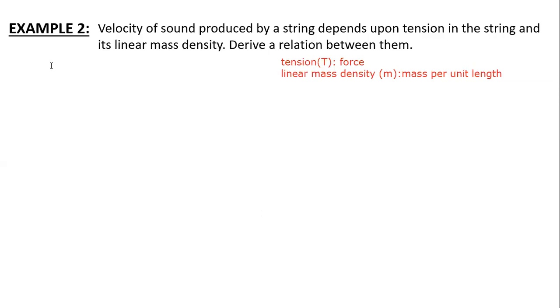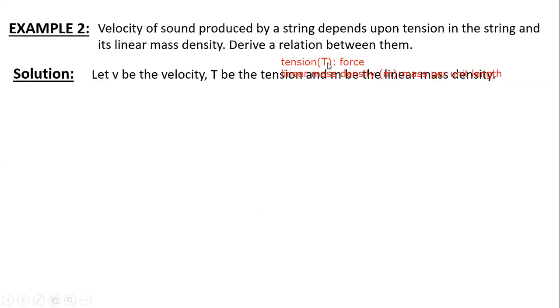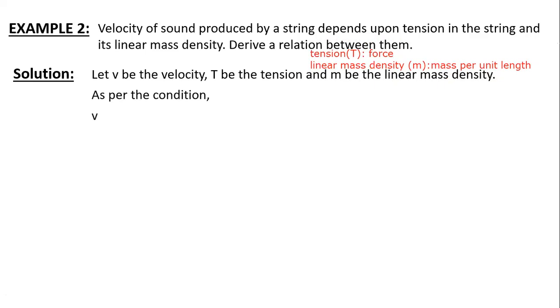Okay, so I'm just discussing how we arrived at that relation. Bhagyeshri, you just need to rectify the power. Try to cross check the calculations once. Once you assume all the variables, V as velocity, T as tension, m as linear mass density, it is given as V depends upon T power x, m power y. So V equals k times T power x, m power y, where k is a constant.